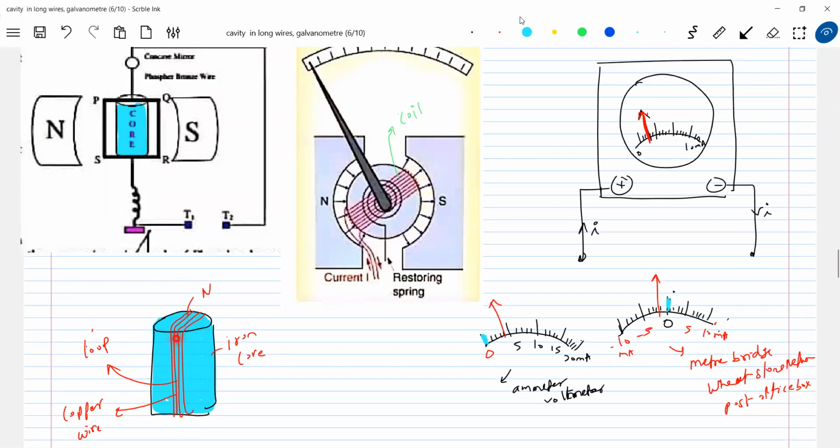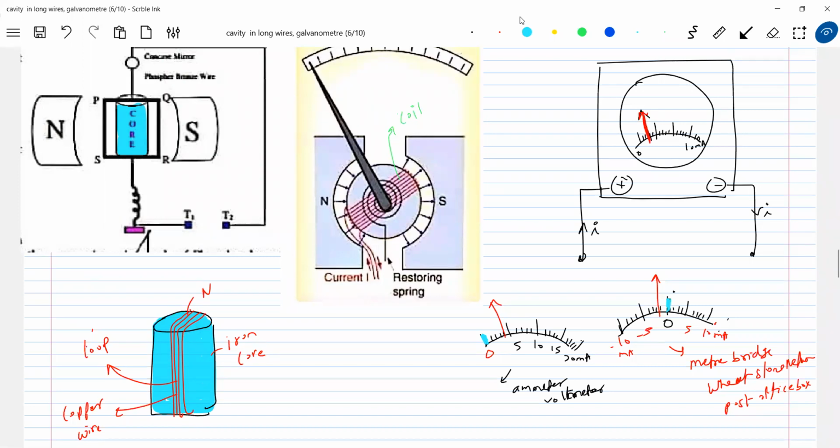Got this? So we are not bothered about thickness here. We are bothered about the number of turns. Therefore, I'll go for thin copper wire. So they may test you with small basics like this. Iron cylinder. So what is this galvanometer? You can hold it in your hand, not something big. So definitely the iron core should be small. So I need more number of turns.